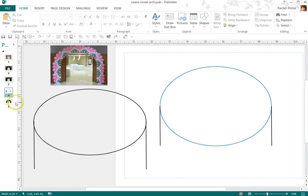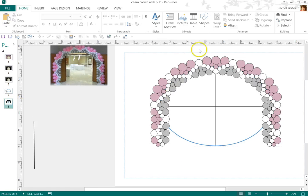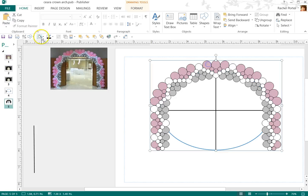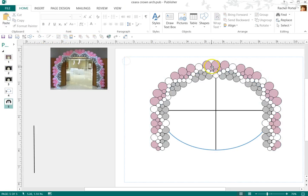So I did that, and then I painstakingly created each of these clusters. Now on the Ceara arch over on Eduardo's page, Eduardo Seiti, I think it's like esbde.com, he shows what these quads look like. So I basically created these individual little quads. Let me ungroup this here for just a moment. So for example, this one here,